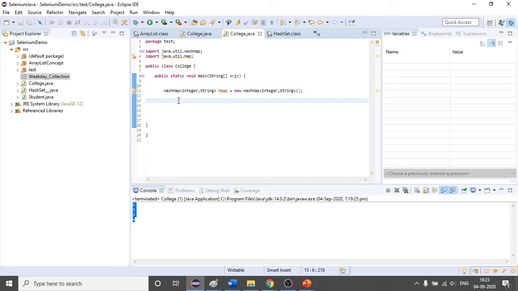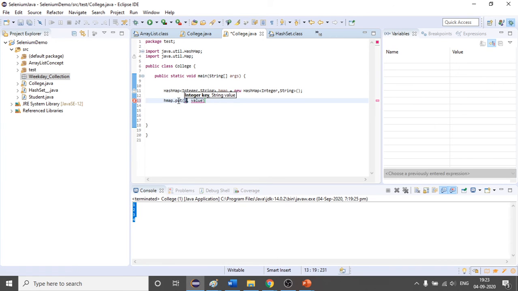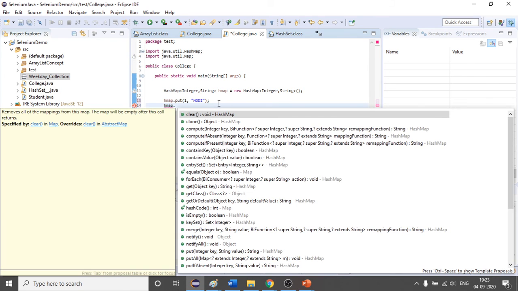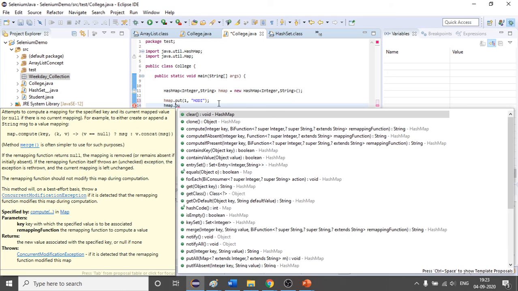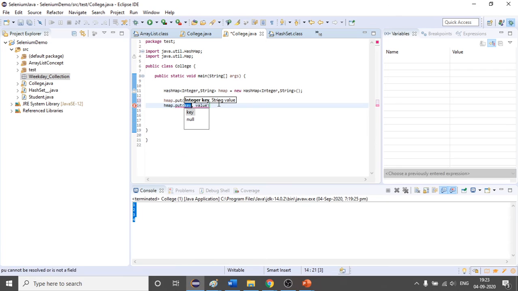You were saying that suppose I have to add one more key and value pair, we will use the put method. It is expecting the key and the value. Suppose the value is Modi. Let me just add some dummy data, hmap dot put, suppose 2 is Rahul Gandhi.